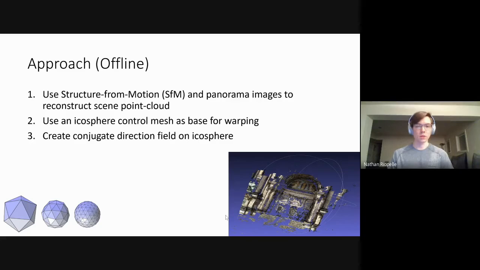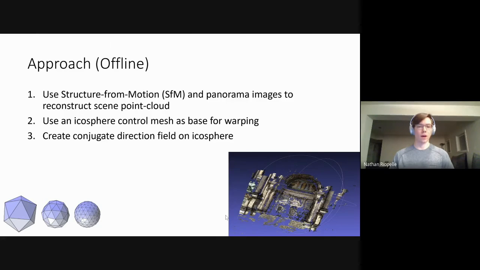Next, I want to present to you the approach that we use to generate our novel panorama images using the warping process. This approach was divided into two parts: an offline segment and an online segment. During the offline segment, which we performed ahead of time, we used the structure from motion algorithm to take a sequence of panorama images, all constructed within the same scene at different viewpoints, to construct a 3D point cloud of the scene. We then defined an icosphere control mesh at the center of the viewpoint of the panorama image that